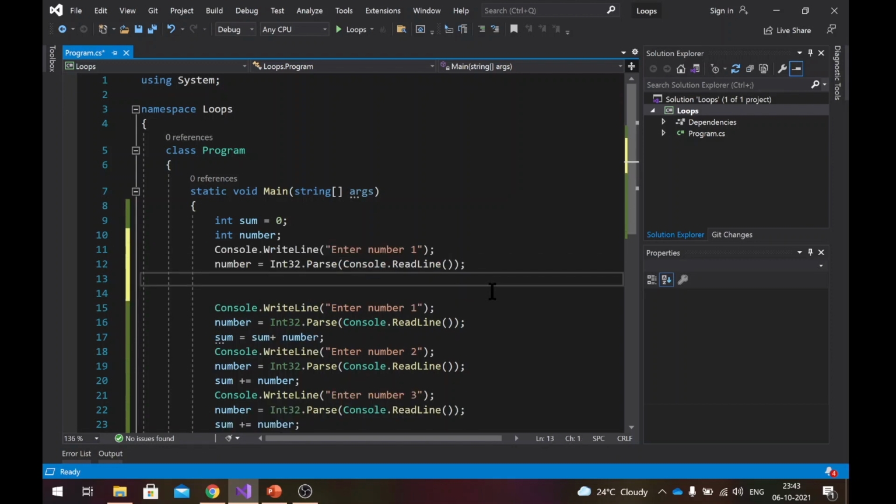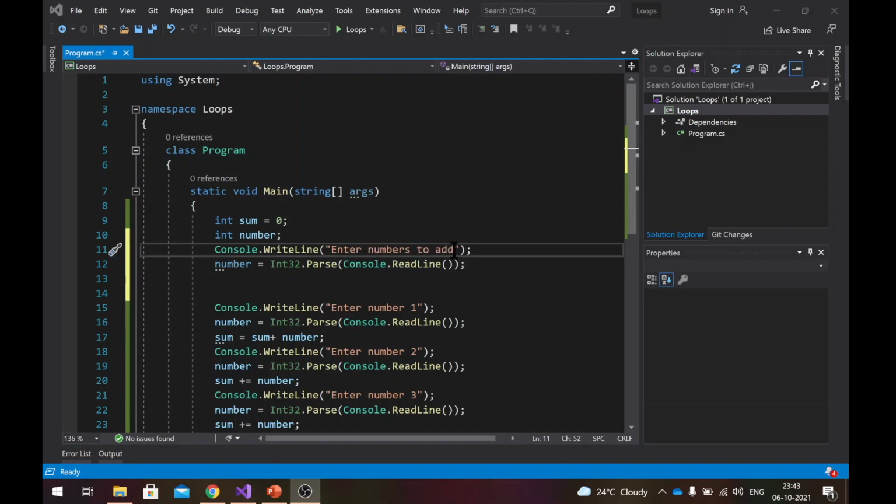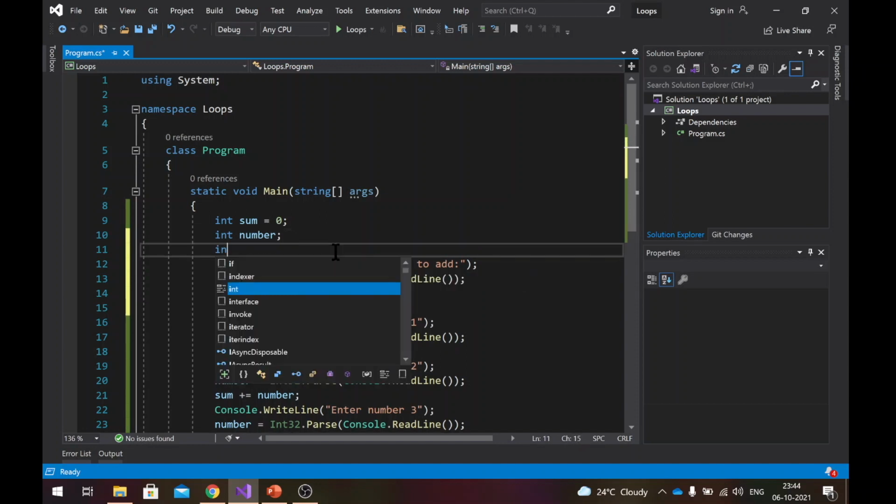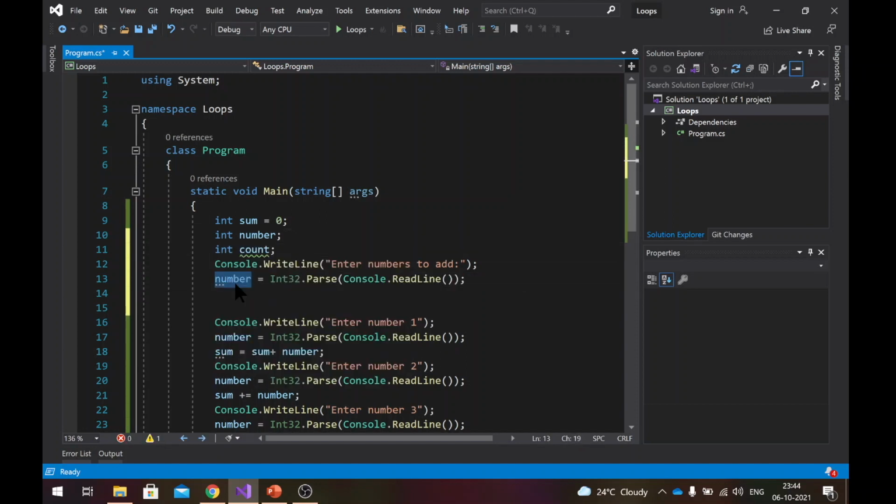So what I will do here is, first statement, I will say enter numbers to add. So the user will enter how many numbers they want to add. So instead of storing it in number, I will store it in another variable called count. So count gets set to this. Now